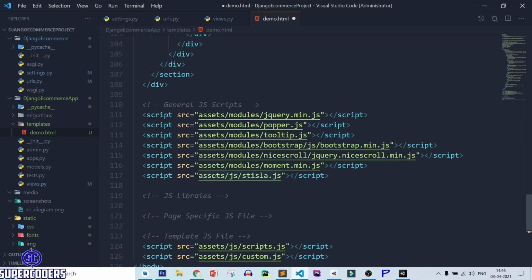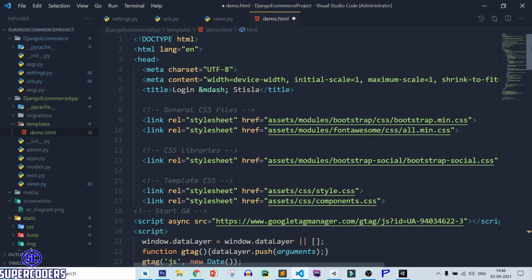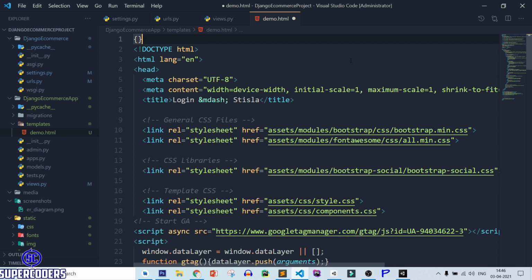Now after that you need to import static here. So first you need to load static here. So expression load static. Now after that you need to set the static path here. So instead of using assets, because we don't have this assets link, instead of this we have the static folder.